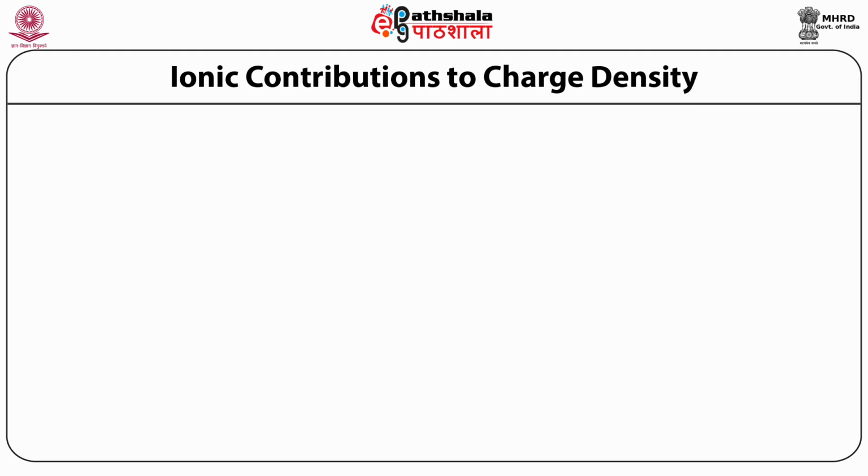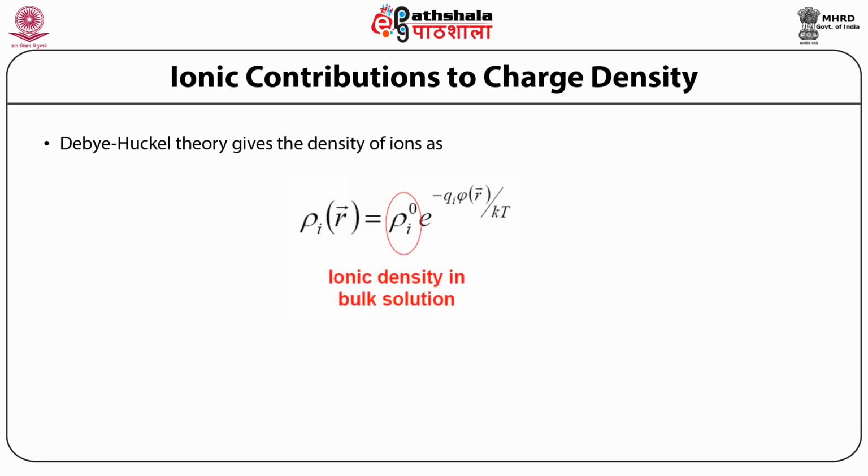So to validate our experimental result, how these functions have been done is using the Debye-Huckel theory of the density function. So ionic density in bulk solution is given by this equation, by Debye-Huckel theory. And if you look, there is a rho I0, which is the charge density of not movable stuff, or the zero position of the ion.